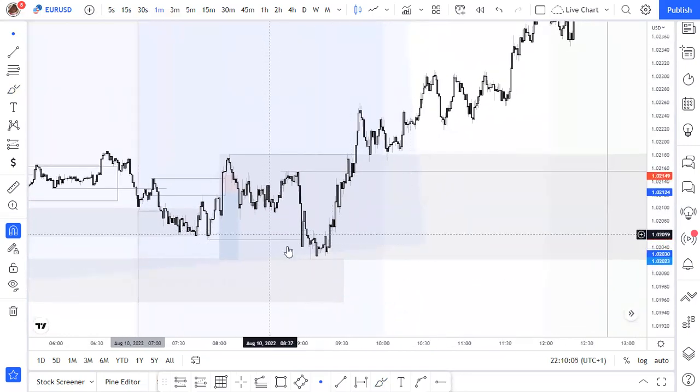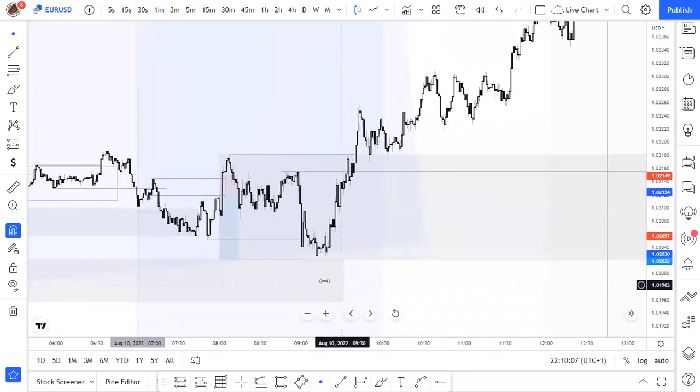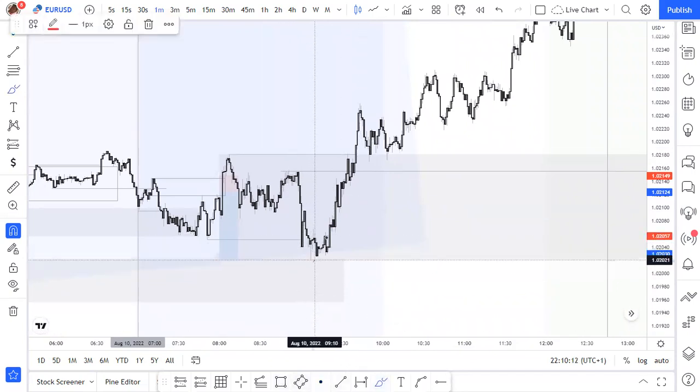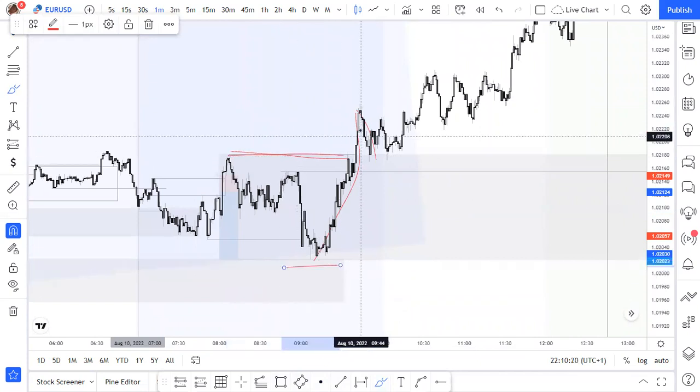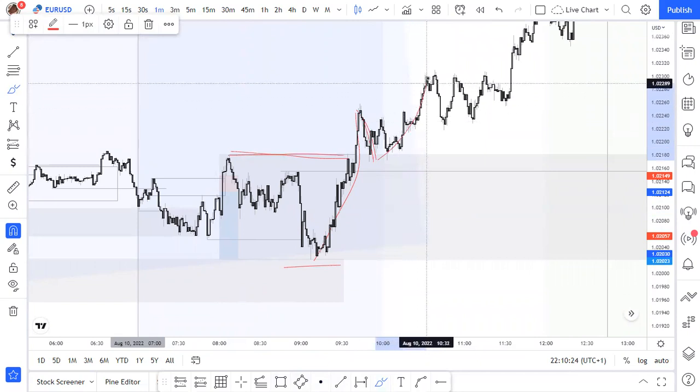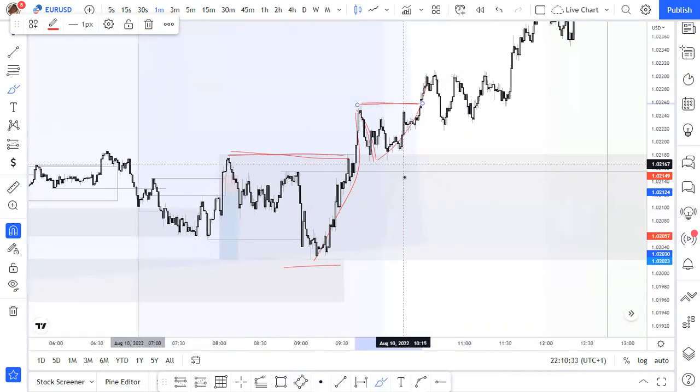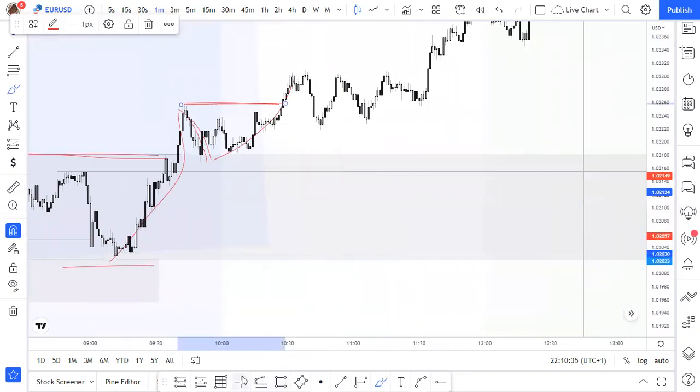So price taps into the 15-minute zone, which is down here, pushes up, breaking this. So the next thing I will look for is I want to see price pull back to respect the new range. So price pulls back, respects the new range, and then we push up again, making a new higher high. So what I normally do is if I have something like this,